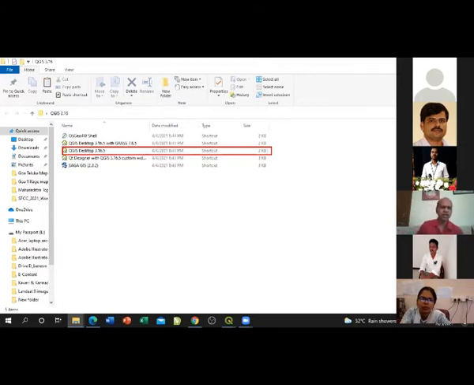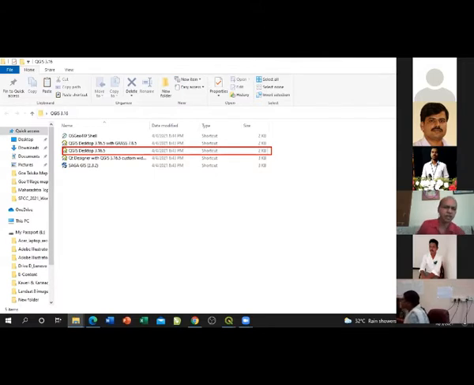In that you can get OSGeo4W Shell, one open source geographic software which is dealing with something else. Then QGIS Desktop 3.16.5 with GRASS, which is yet another image processing software. Then QGIS Desktop 3.16.5. So this you are supposed to click.